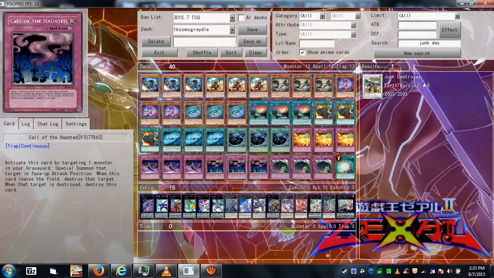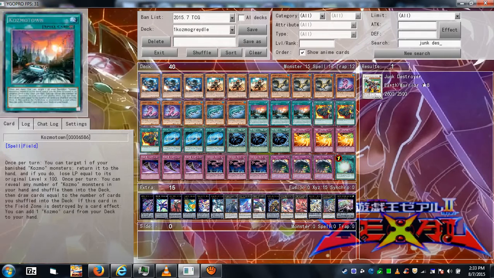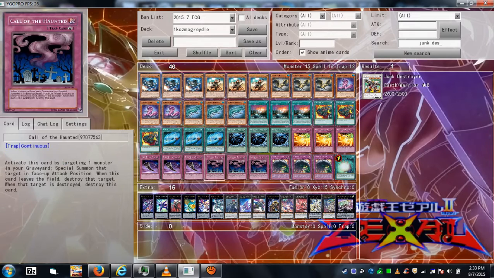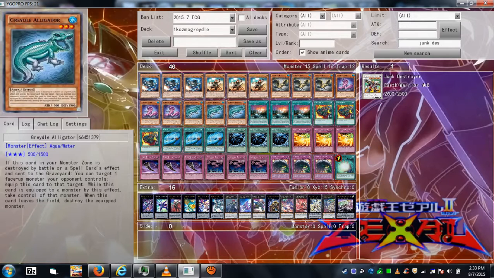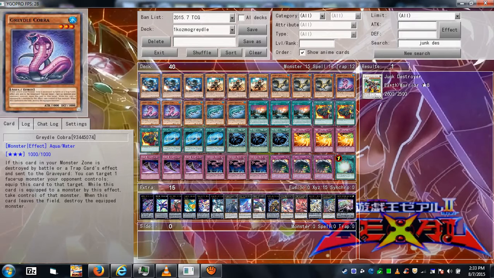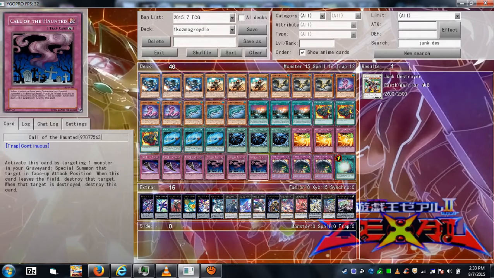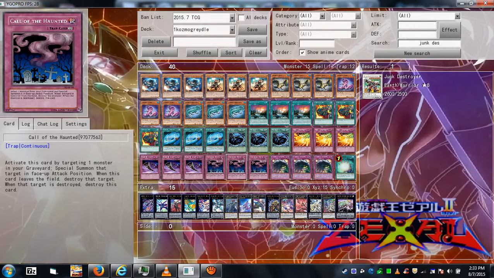Call of the Haunted, so you can recycle your Gravity Binds, get their effects over and over again. You know what I mean? Bring them back, attack, Supply Squad draw, take your opponent's monster, and just have a lot of fun with that. One typical target for this is Cobra, because if Call of the Haunted is destroyed, Cobra's effect will activate. So, for example, let's say your opponent has a 3000 and they attack, then you'd be like, alright, Call of the Haunted,